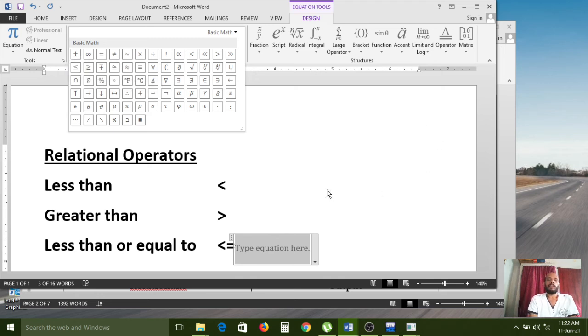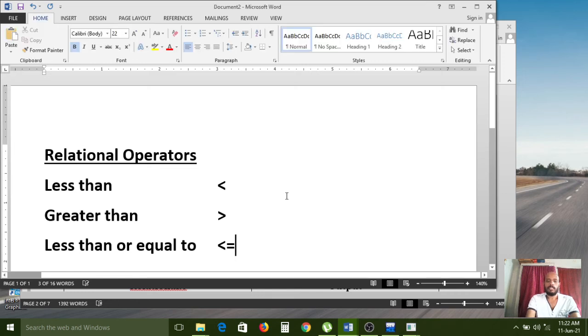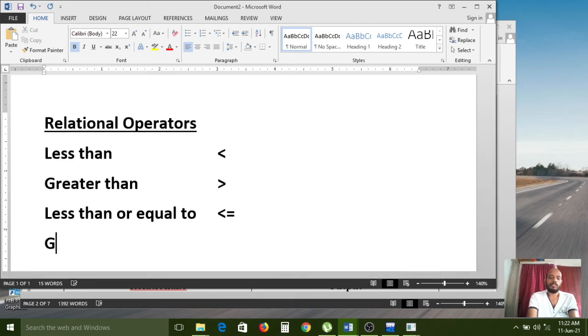But in the programming language, the less than or equal to symbol we can write like this: less than symbol and one equal symbol, side by side. Similarly, greater than or equal to is also the same: one greater than symbol and one equal symbol.